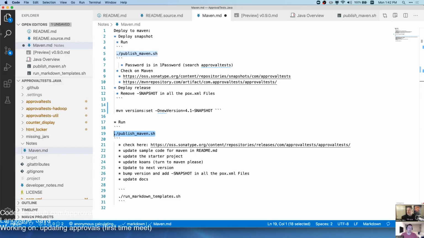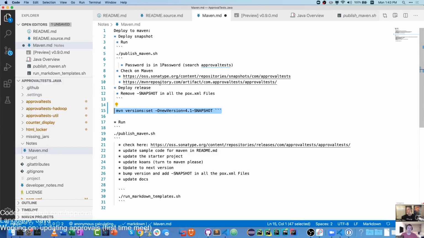Come on. Okay. And then deploy, remove the snapshot in all the things. I don't think I did that.